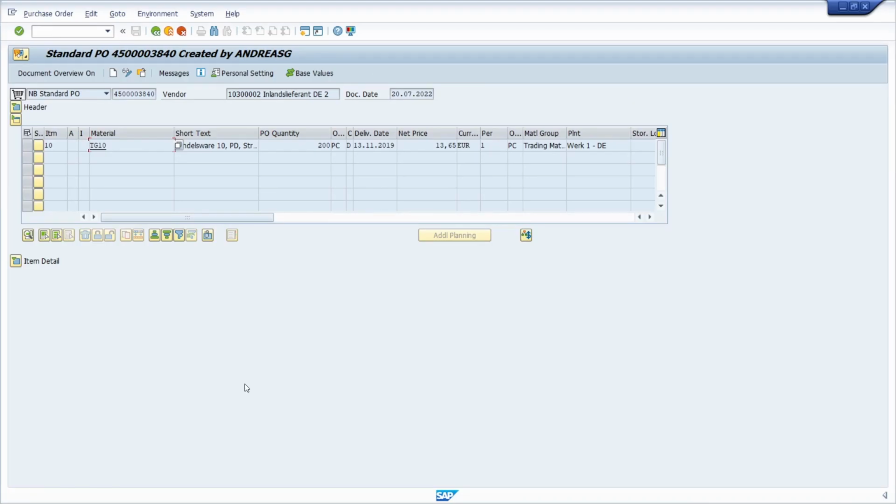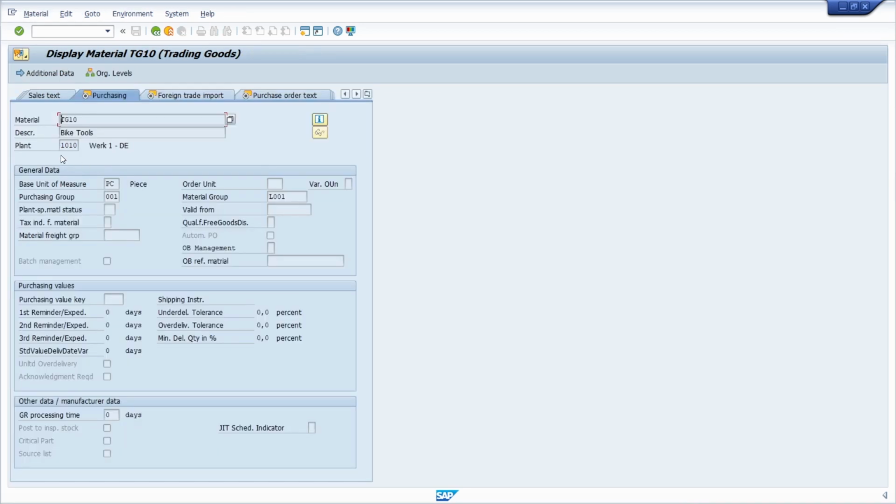Here we are in the transaction ME23N to display purchase orders. And in here, I would like to show and explain to you the forward navigation. The forward navigation can be executed with your mouse by double clicking in one specific input field or on one element in the window. So in this case, we have a material, it's a TG10, and with double click I can move over to the transaction